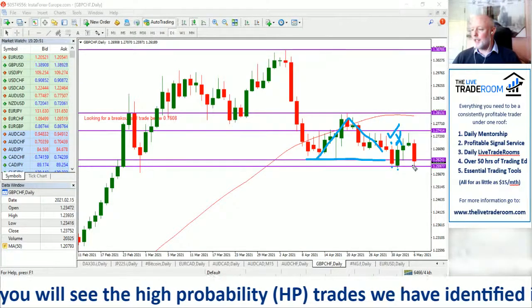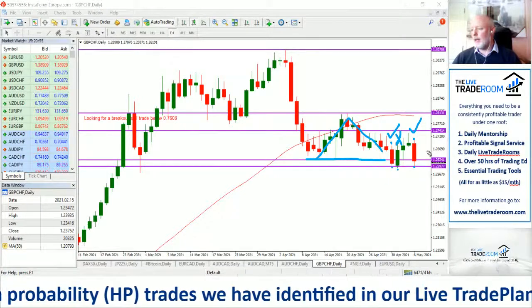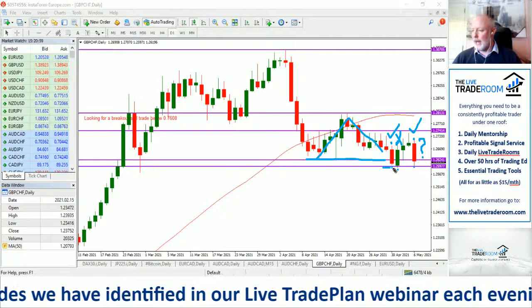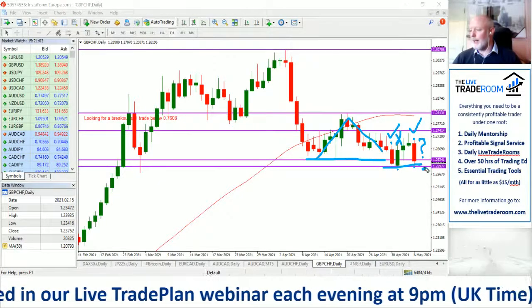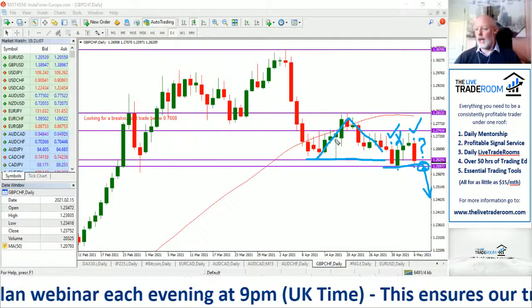So now we're at the same situation here. Fantastic, we're getting the momentum to the downside. The next question becomes, do we get the follow through to the downside? If we do, then we can absolutely sell below that 125.97 level. There's your high probability sell trade. And